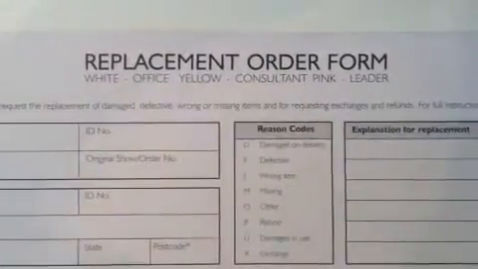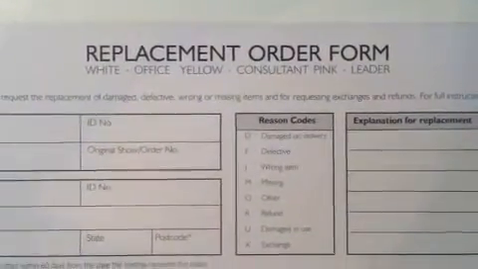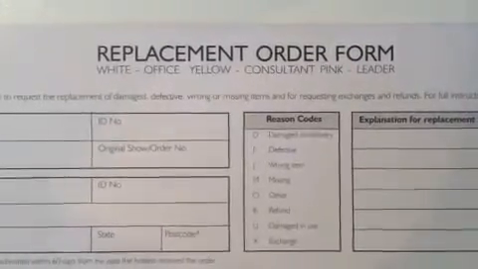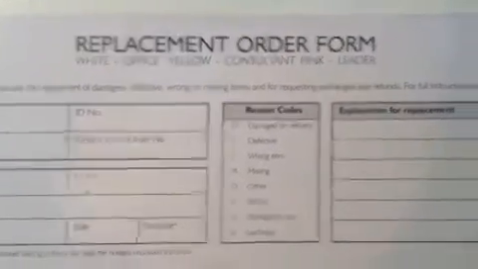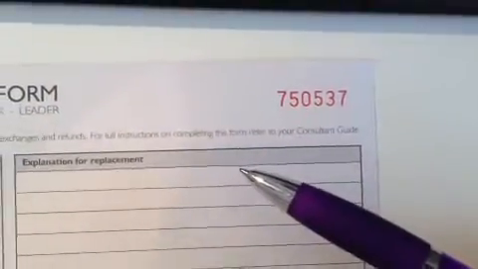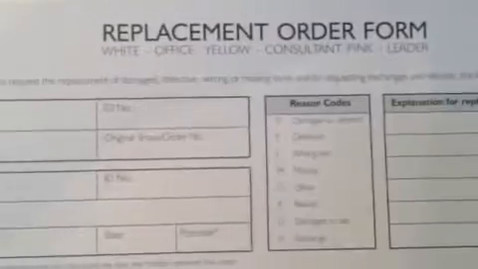The replacement order form can be found in your starter kit. It comes in packs of 10, and when you need more, you can purchase more from your consultant literature. Each piece is numbered so that PartyLite can track the replacement order form correctly, and these can be used when